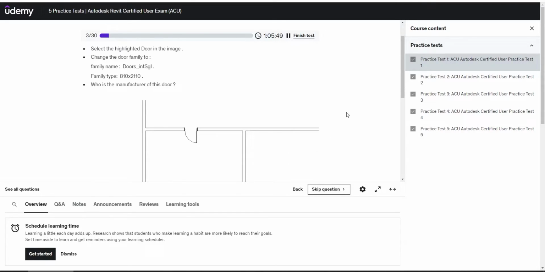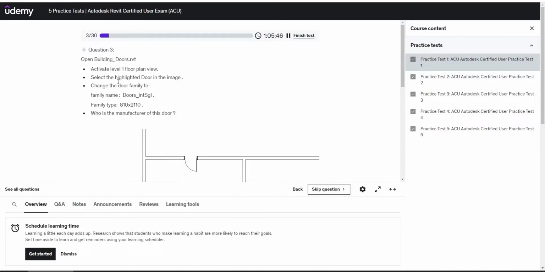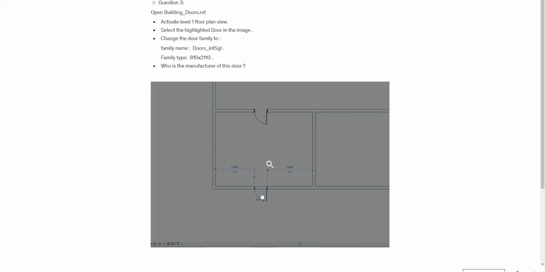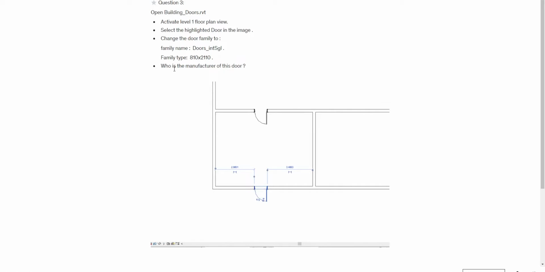Next question, it says open building doors, activate level 1 floor plan view, select the highlighted door in the image, change the door family to family name, this name and the family type, okay, and who is the manufacturer of this door. Okay, I think there are two methods for solving